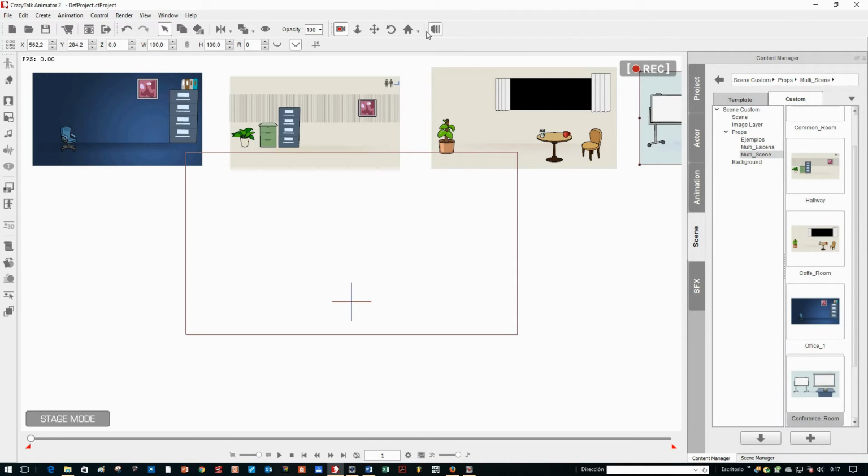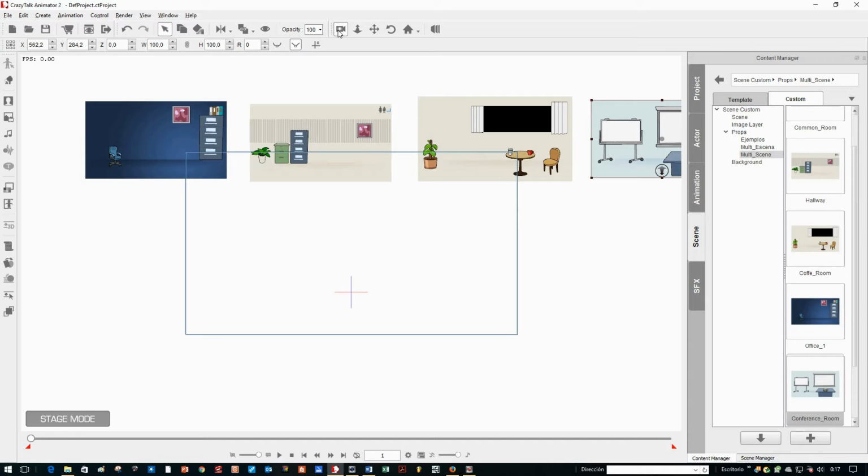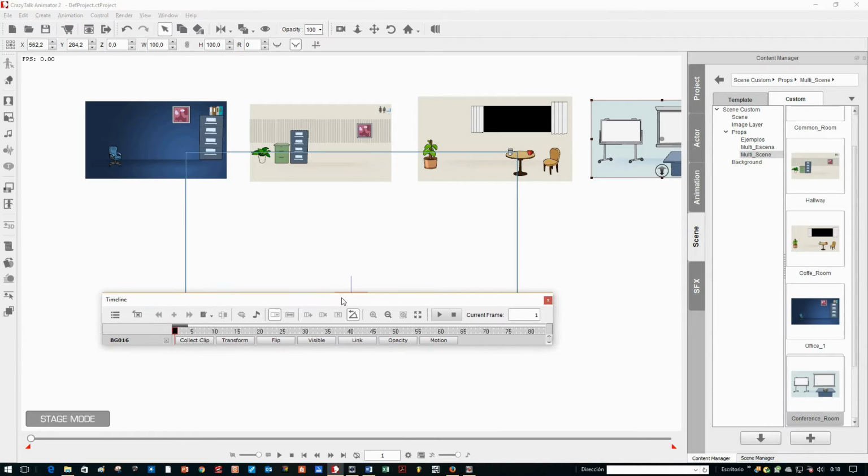Okay, we are doing this with the camera activated, but it's the same. At this moment it's not affecting the project at all. So what we are going to do now is activate the timeline. In the timeline for the project we have the camera